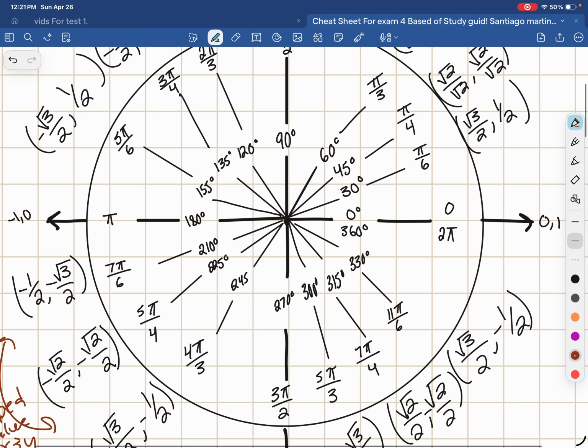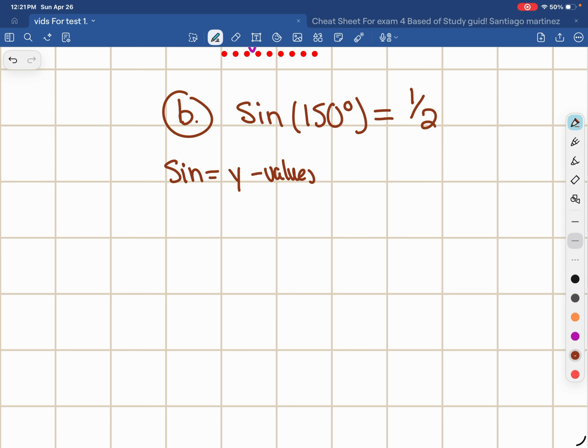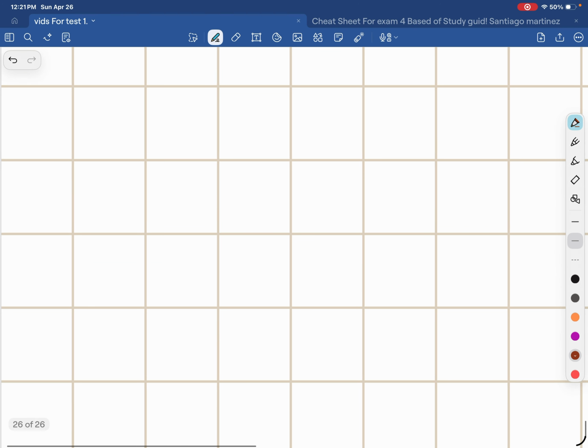Right here. Again, I messed that up. Make sure you memorize your unit circle. This shows the importance of knowing your unit circle. But anyways, our y value is going to be 1/2. So we're looking for the coordinate it corresponds to, right? So this is y, that's x. So now let's go to part C,